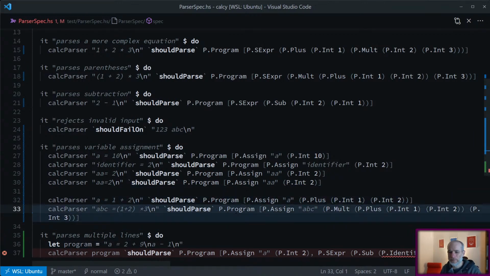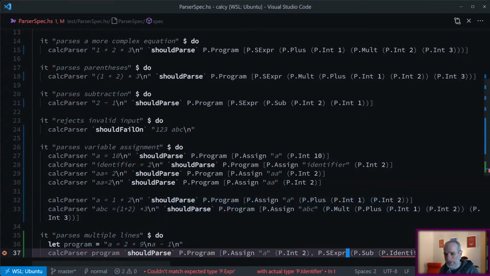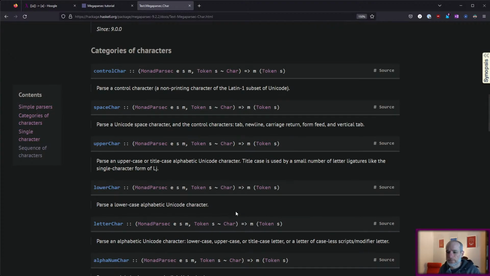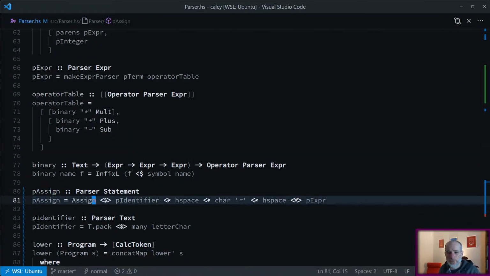It's going to be annoying. So assignment will get not a token p identifier, but just the value of the identifier itself. But here we wanted to give it clearly a token, which is the identifier itself. Okay. No error. So